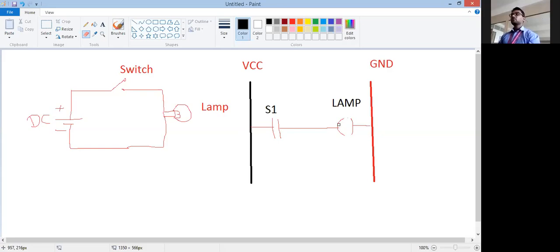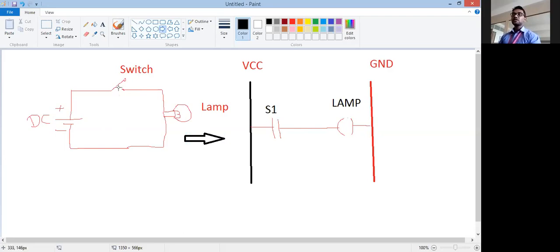When the connection is made between these two rails, the current starts flowing from VCC towards ground, and we can say that the current is through the lamp, so the lamp is on. So this circuit is equivalently converted in the form of programming. In this way, this simple circuit is converted in the form of a PLC program.